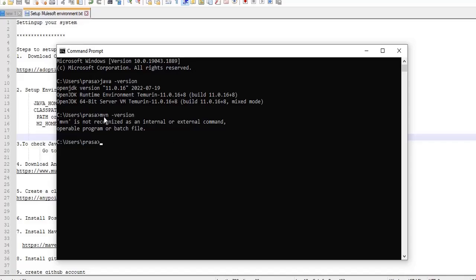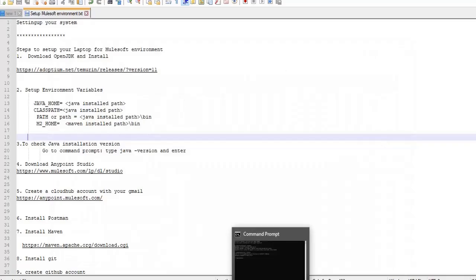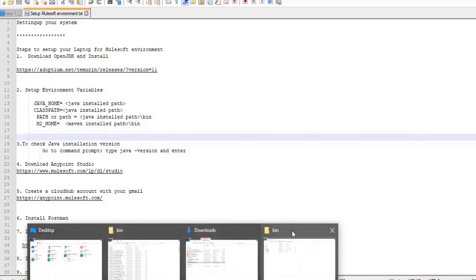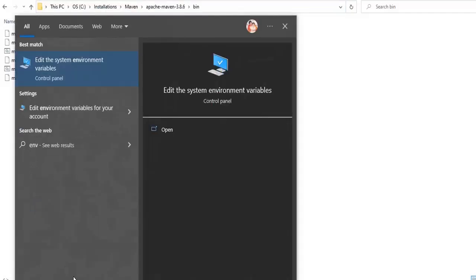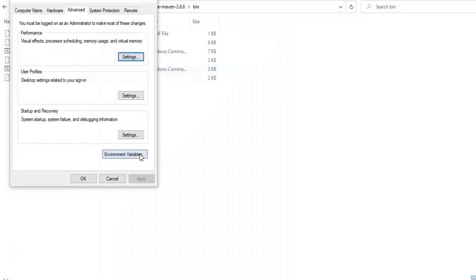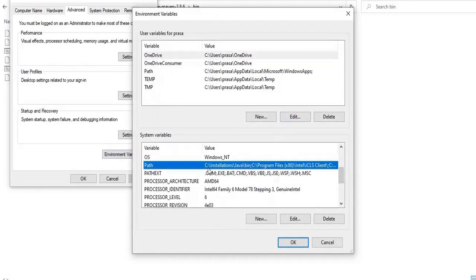Yeah, it is not recognized. Okay, I missed something. We need to add this Maven to the path variable also. Let's go back to our environment variables and copy this one till the bin folder. Go to your environment variables, search for environment here in the start bar, and in the path just edit